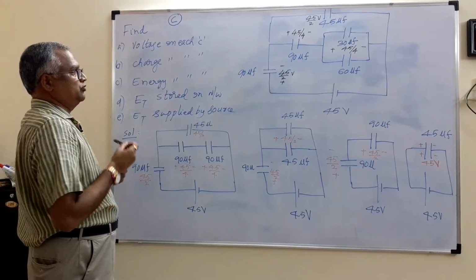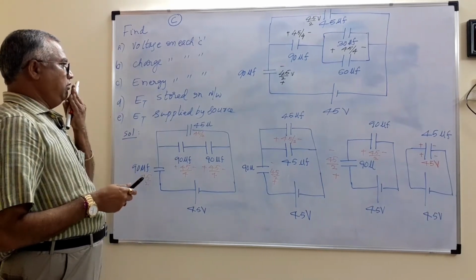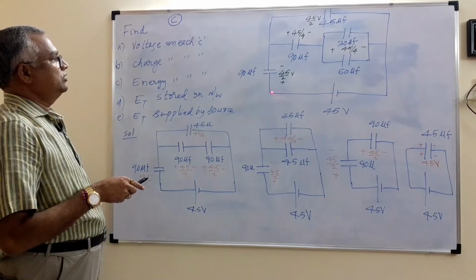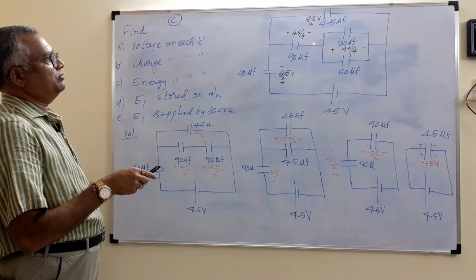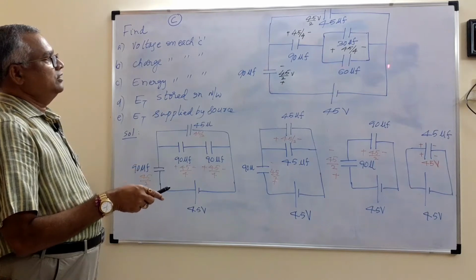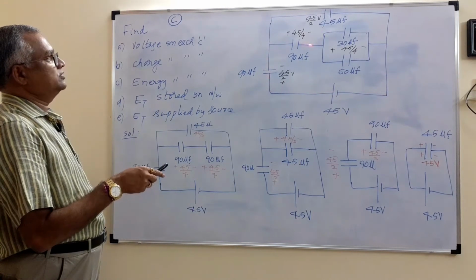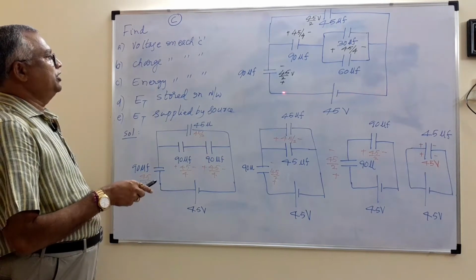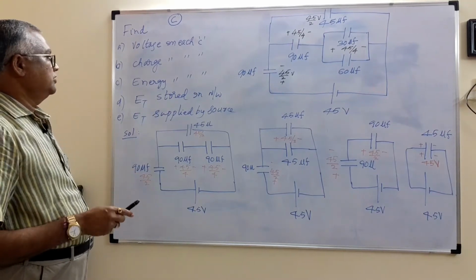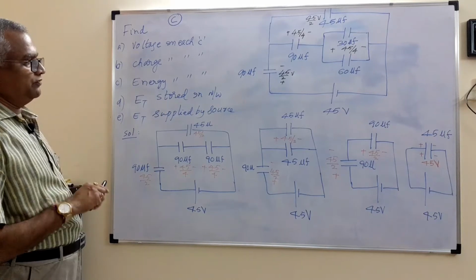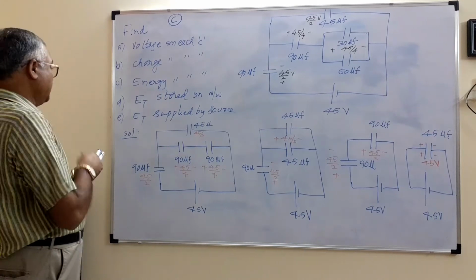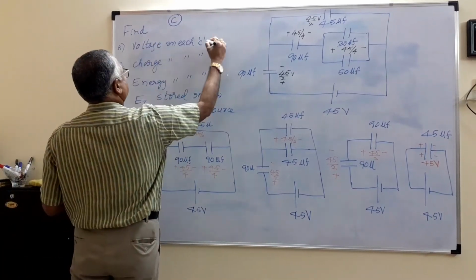Now how do you prove that it is correct? This is the 45 we are applying. So 45 equals 45 by 2 plus 45 by 4 plus 45 by 4. You are getting the same thing. This is also equal to this plus this plus this, and this is also equal to this plus this. So the sum of the voltages in the loop is equal to 0. The law is satisfied. Therefore what we have done up to this is correct. What we have done till now is the voltage in each capacitor.